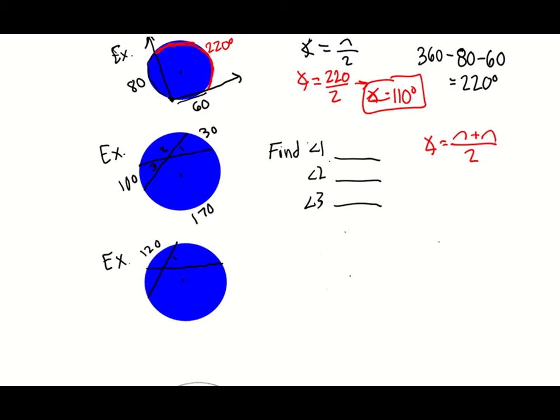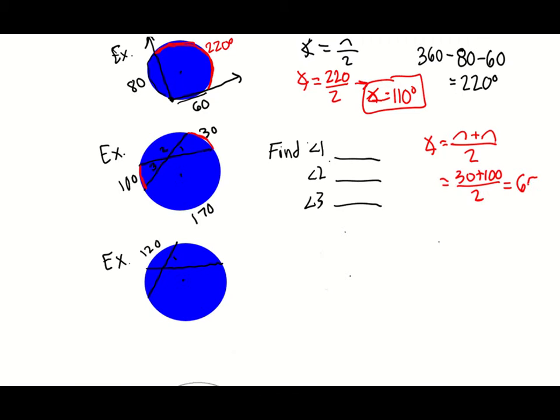So to find my first angle, angle 1 and angle 3, I have my 2 arcs right here. So I can plug those in, and I'm going to get 30 plus 100 over 2, which equals 130 divided by 2 gives me